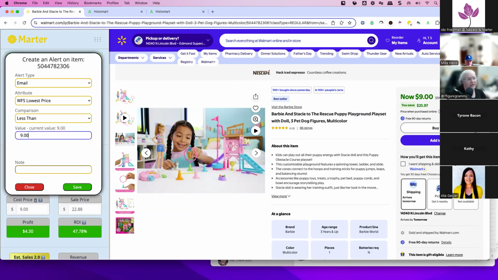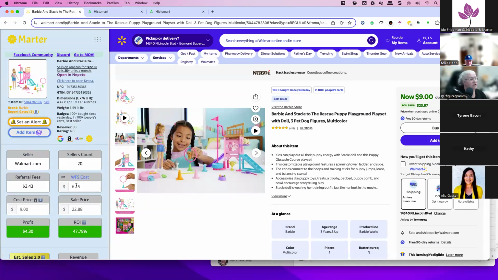So maybe I want to see if they drop the price even more. And maybe that's a trigger. Like if they drop it to like $5, well, maybe I just buy them out, or I talk to some friends and let's all go buy it out, and buy their stock out so that we get to that price point faster. So that's how I use those Mart alerts and couple that with my analysis, especially on Walmart to